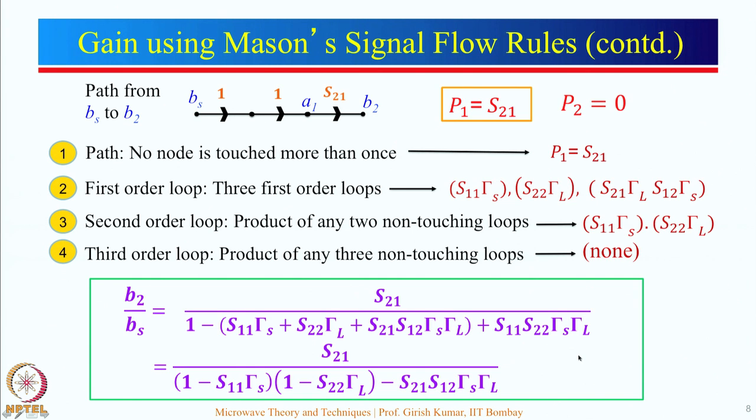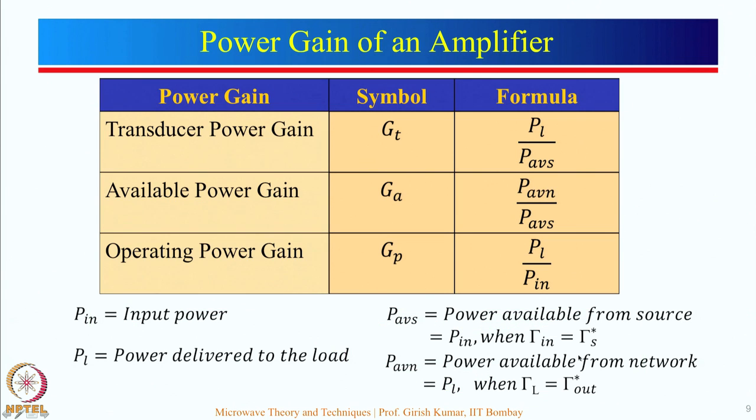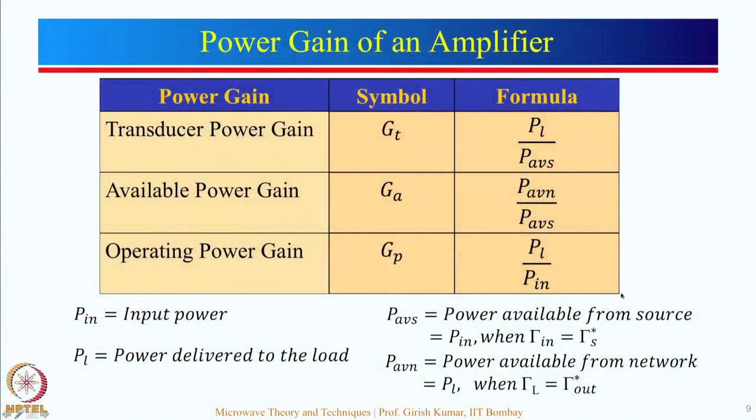Now, we are going to define 3 different types of gain. Till now you might be more familiar with only one gain, output voltage divided by input voltage, or output power divided by input power. So, why are we defining 3 different types of gain over here? In fact, I just want to tell you, all these 3 gains are related to each other in a very simple manner. We are going to first start with operating power gain, which is given by PL divided by